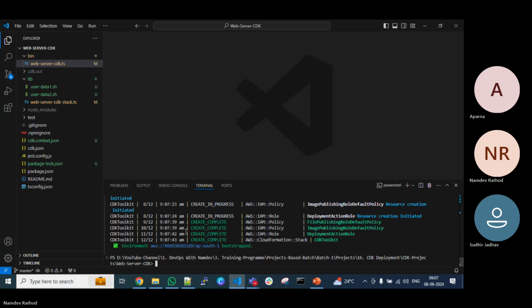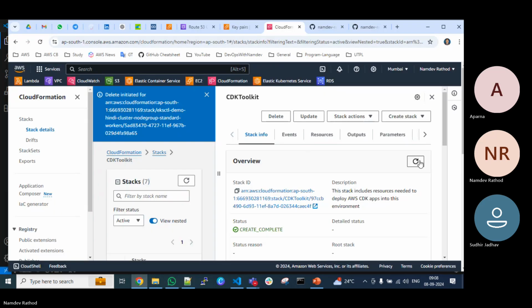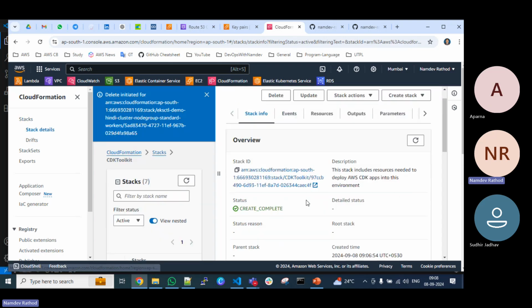Okay. So you can see the status has been completed. If I go to this CDK toolkit,